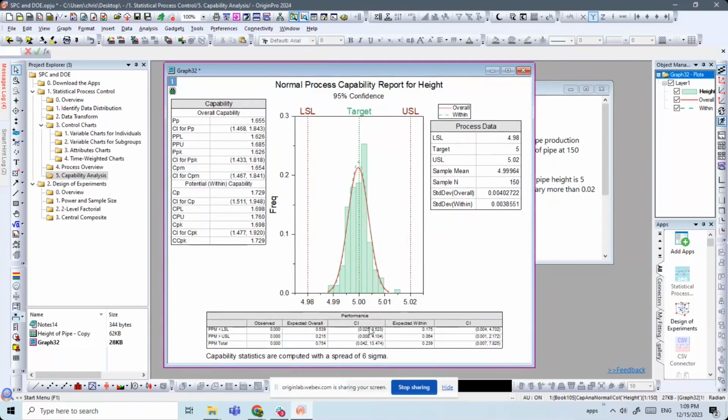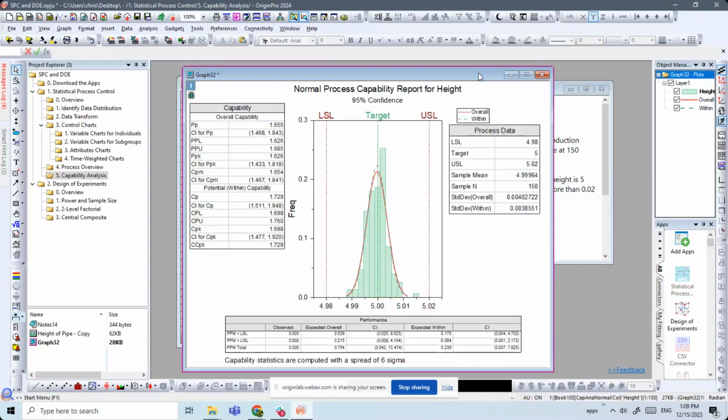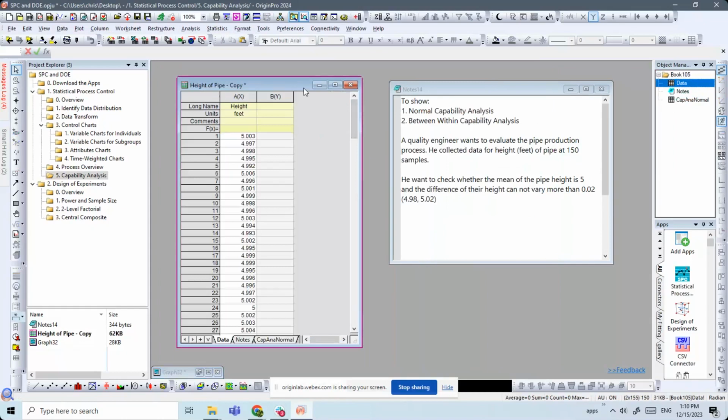And in the lower part, there's a performance table. It shows the ppm value. So there's less than one part that failed, that is below the lower limit, for 1 million parts. So which is very low. That is good. Okay. So to consider the between group variation, we need to use another capability analysis tool,